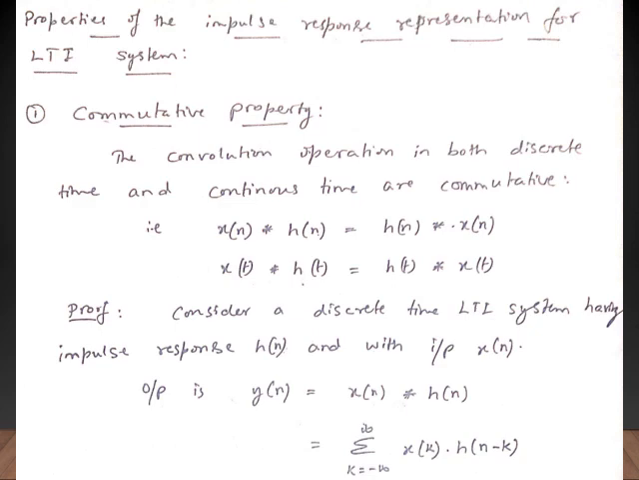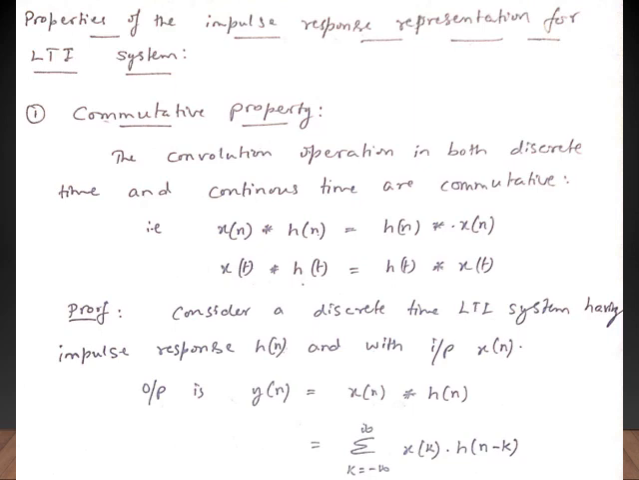Hello everyone, here we are going to see about the impulse response and step response for a LTI system. So first we are trying to find the impulse response while representing LTI system, and we are listing out some of the properties. So first of all, the first property we are discussing is the commutative property,